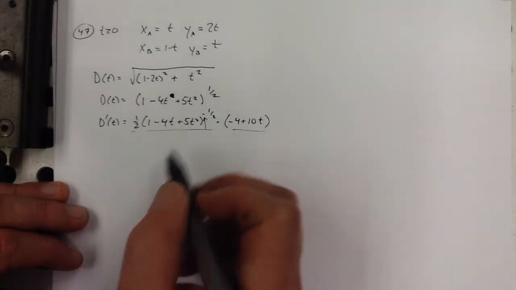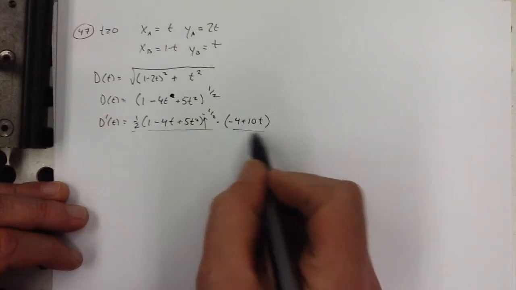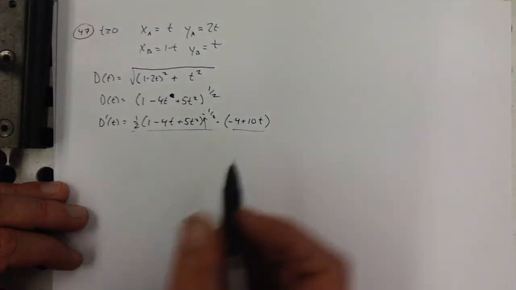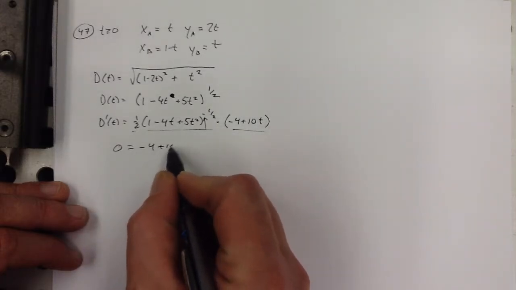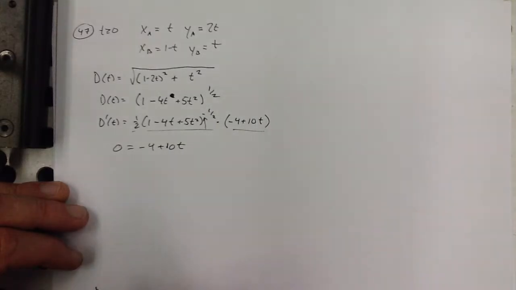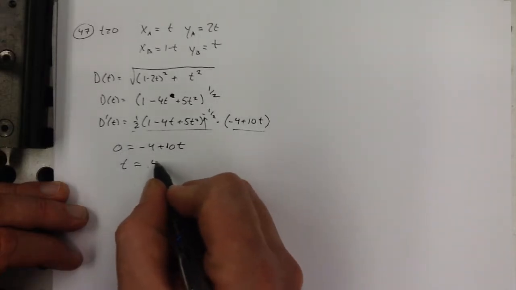If this happened to be 0, that would make it undefined. If you have a fraction and you want it to be 0, then the numerator has to be equal to 0. So this is the only piece that has any chance of making the derivative equal to 0. So that would be t is equal to 0.4